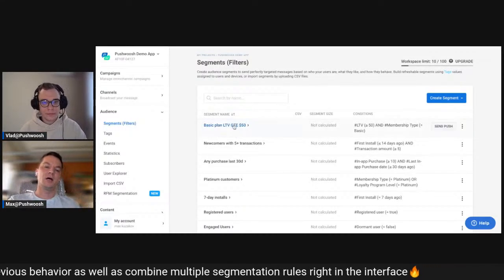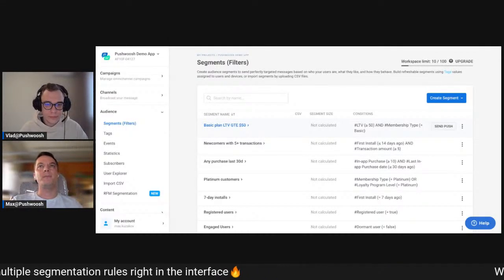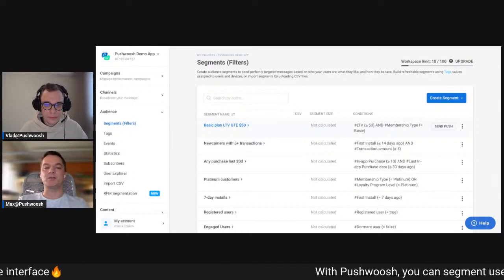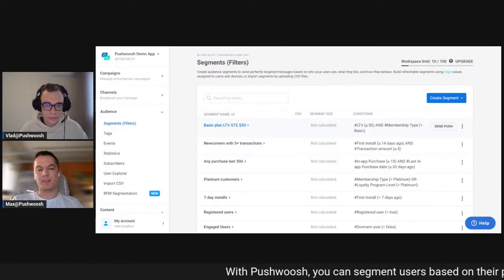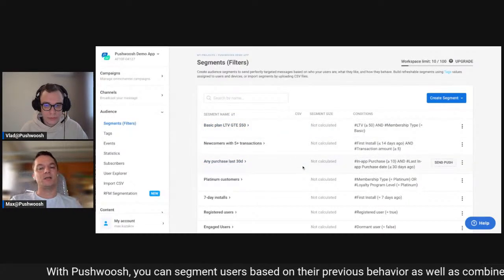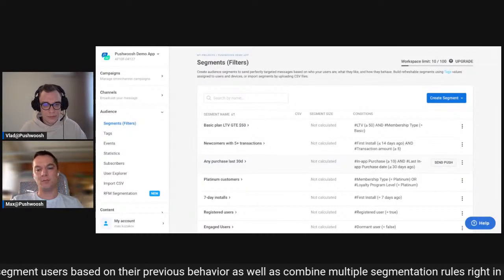For example, this one will target all the users of basic banking plan whose lifetime value is greater or equals to $50. This one will target all the users who made any purchase during last month.